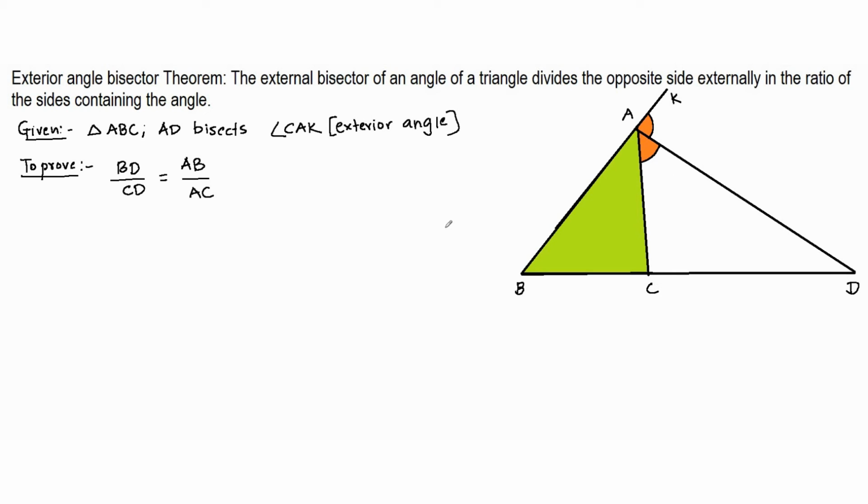You will notice that the statement of the theorem is very much similar to the statement of the interior angle bisector theorem, just that the point D is in the exterior now, right? Whereas in the interior angle bisector theorem, the point D lay in between B and C. Now the point D lies on the exterior. So now let's consider a construction that will help us solve this particular problem. Let me pause for a few seconds, and let's see if you can figure out the construction.